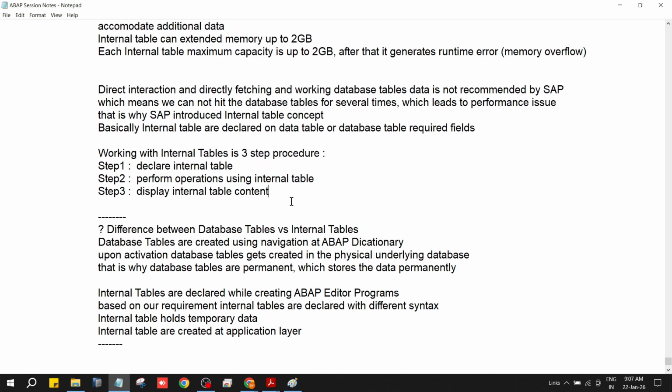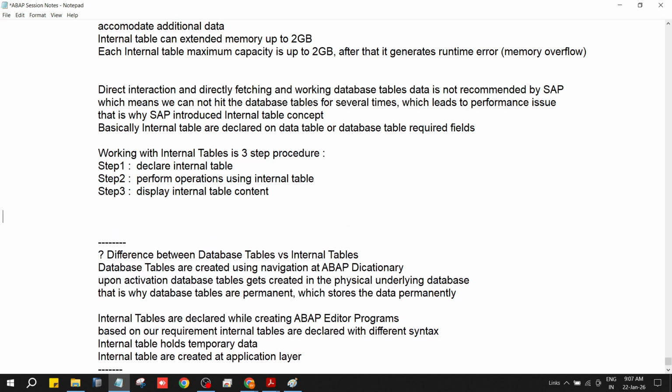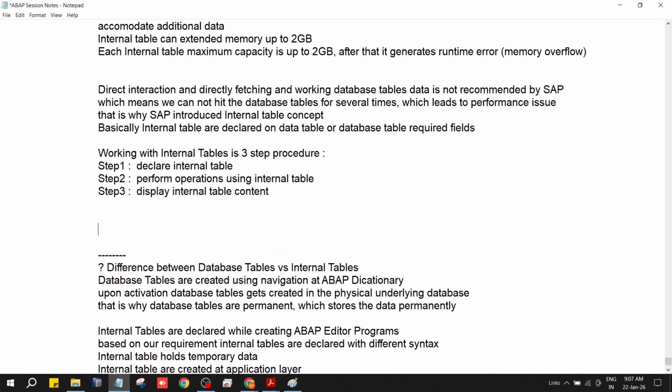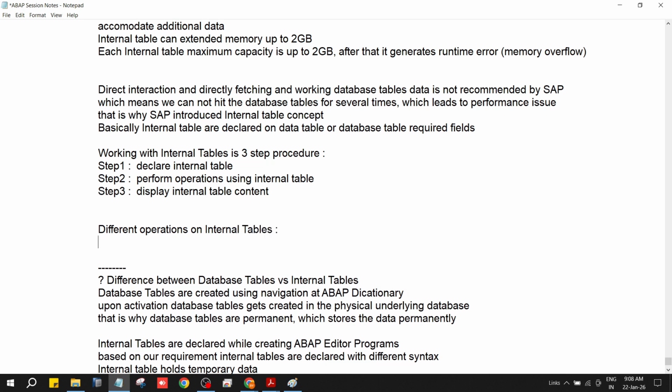So if you want to go to the second level, what are the different operations on internal tables? I'm just giving a glance, an outline. You have to know that. Suppose the internal table is already created, then we can use